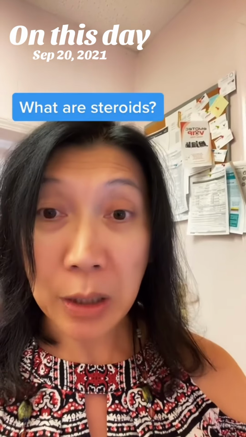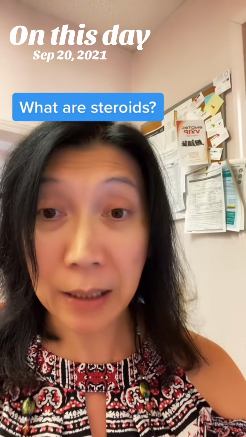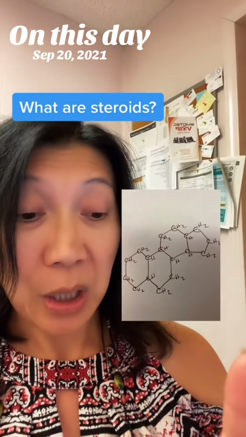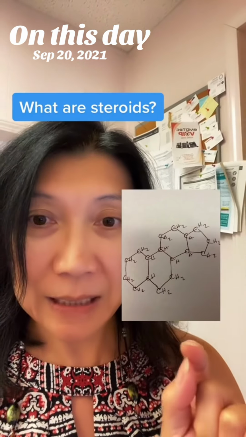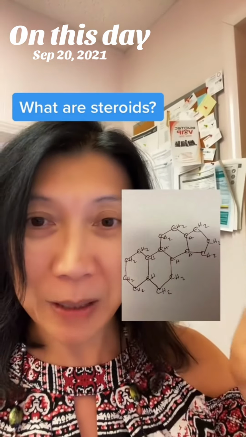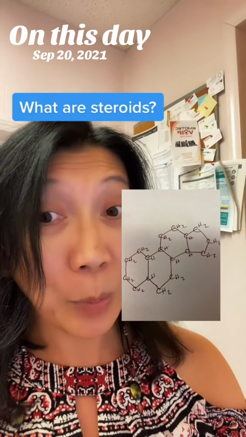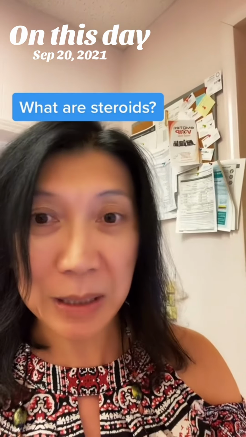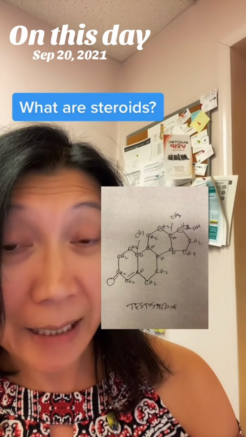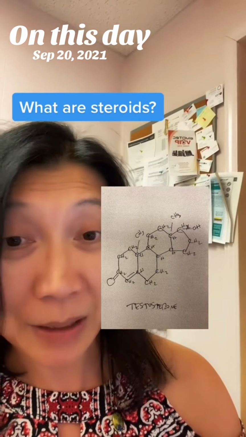But steroids are really a very large group of chemical compounds, organic compounds, that all have this structure with 17 carbons in these 4 rings, 3 rings of 6 carbons, and then 1 5-carbon ring. And depending on what things you add to it and what chemical bonds are changed in the rings, you get different steroids. So add a couple of oxygen atoms and an extra carbon and a couple extra hydrogen atoms, and